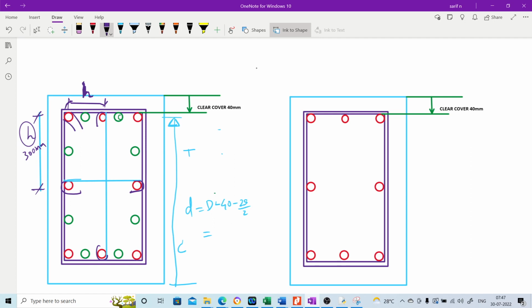So let us calculate that h value first. So let us say the total distance from the top to the outer of the longitudinal bar is whatever that is total minus 40. So from 500, if we subtract two covers, the distance that we are going to get is